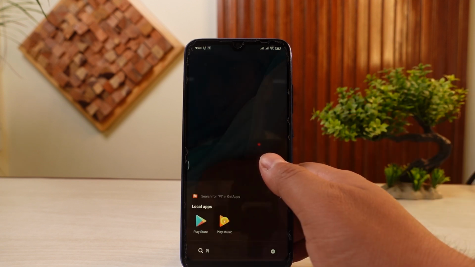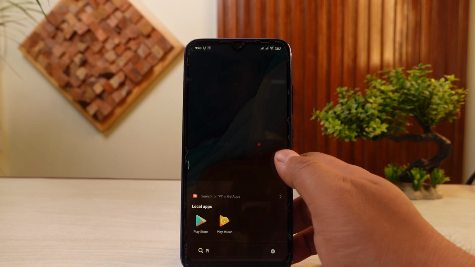So using one of these three methods, you'd be able to fix the YouTube Shorts